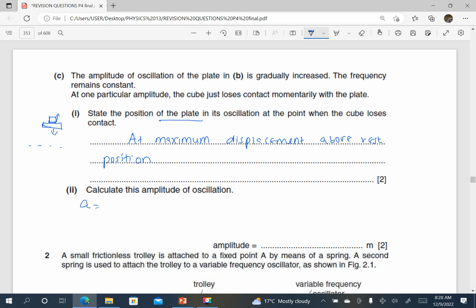Therefore, if acceleration is equal to negative omega squared x naught, of course at maximum height this will be at the highest amplitude. When it just loses contact, then it means the acceleration of the cube is going to be the acceleration due to gravity, which is 9.81. At that instant, when it just loses contact, the acceleration will be the acceleration due to gravity, 9.81. So 9.81 is going to be equal to the angular frequency, which is 2 pi times f, where f was 4.5, then this is going to be squared, then times that maximum amplitude x naught. So when I press my calculator,